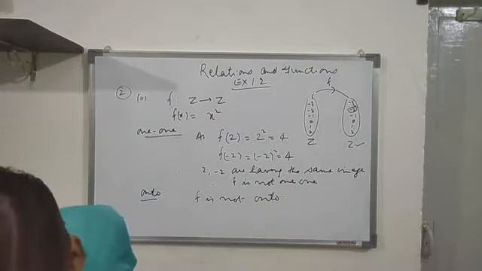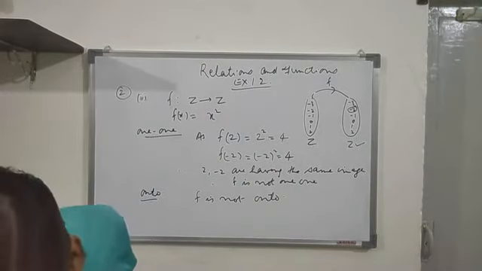So let's come to the 1-1 part. The question says it is neither 1-1 nor onto. That means it is already known that the function is not 1-1. So we can prove it by giving an example. It is a set of real numbers. Let's take two different real numbers from the domain.